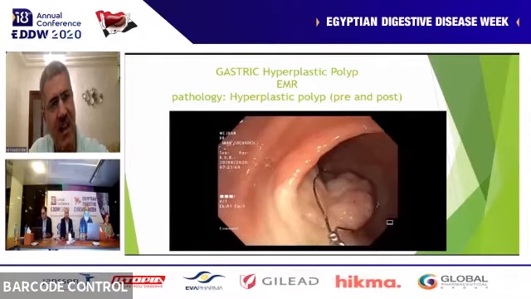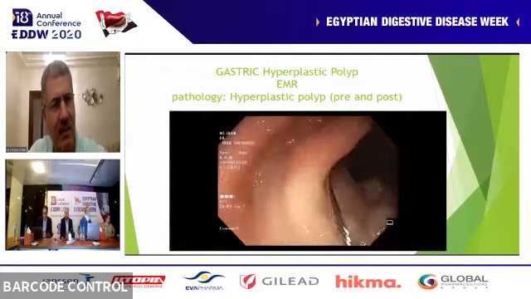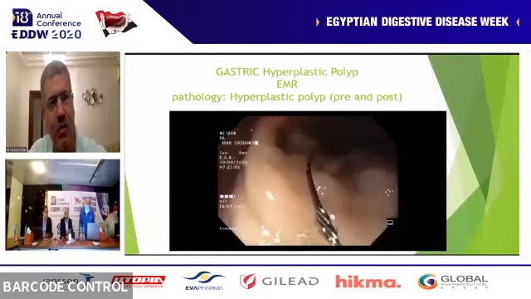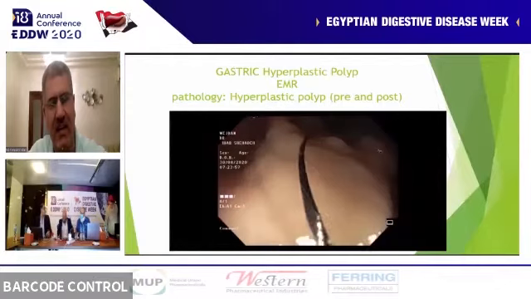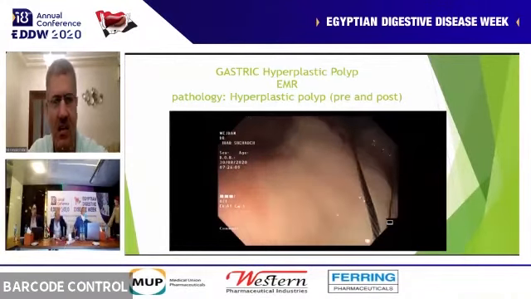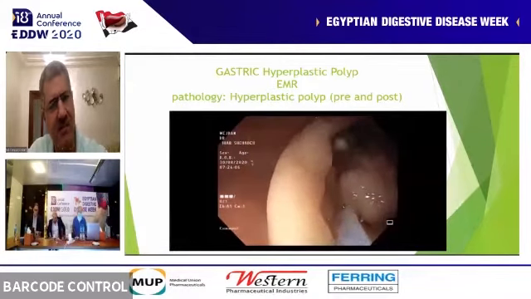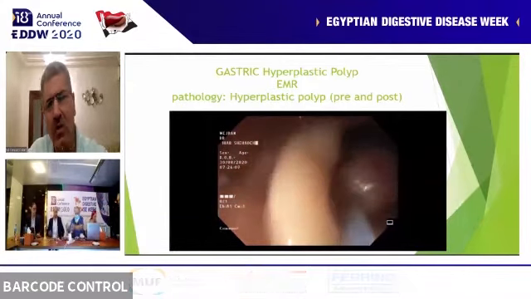So in this case, I injected all the sides, I raised the lesion, it raised very nicely, which tells you it has no actual invasion or adhesions into the muscularis. You can see the snare placed on the lesion easily, and in one piece, I was able to remove it